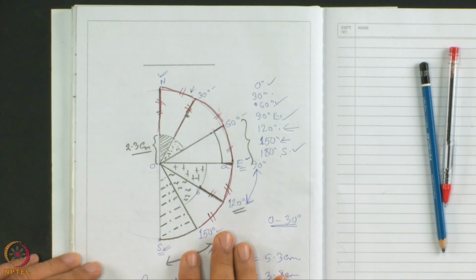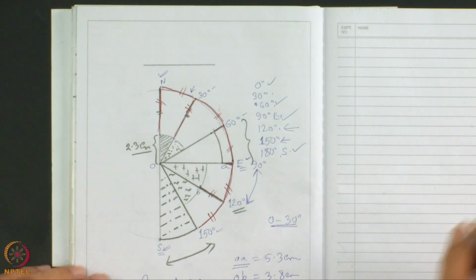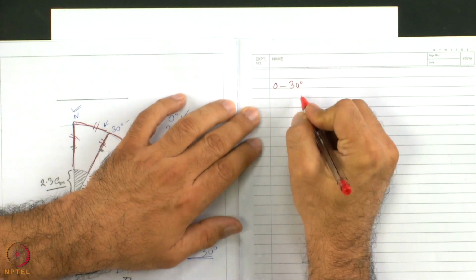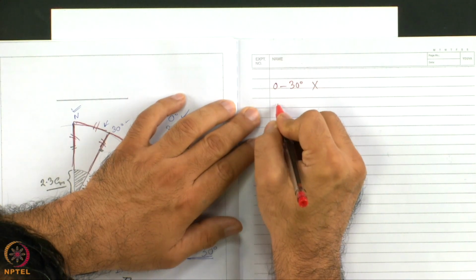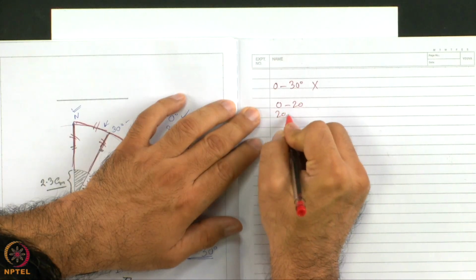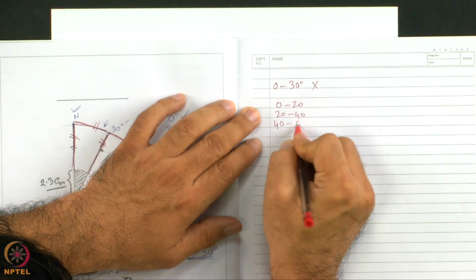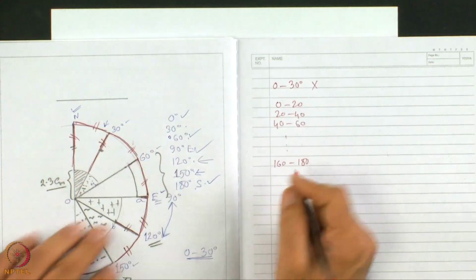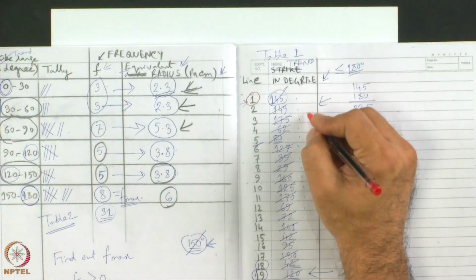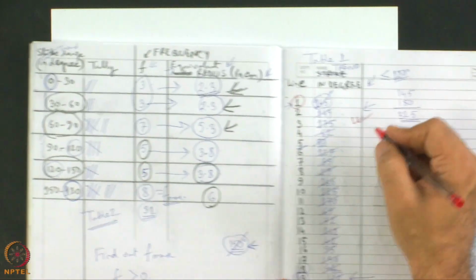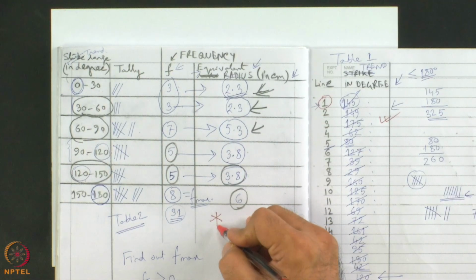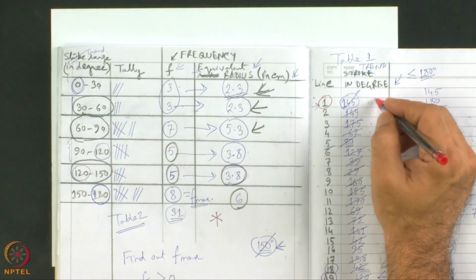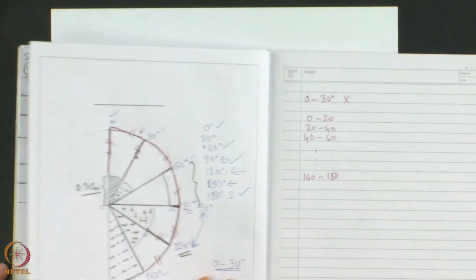Now, an instruction for the student: instead of taking 0 to 30 degree range, take this kind of range: 0 to 20, 20 to 40, 40 to 60, and it will go up to 160 to 180 degree. What will happen? This table remains as it is, but this table will be cancelled. This is no more possible to use because here we use 0 to 30. So, on the same data set, you have to put